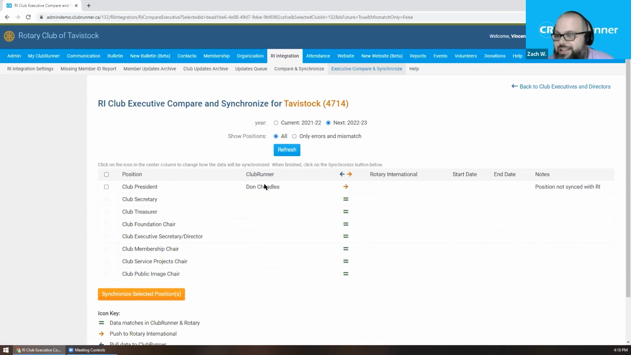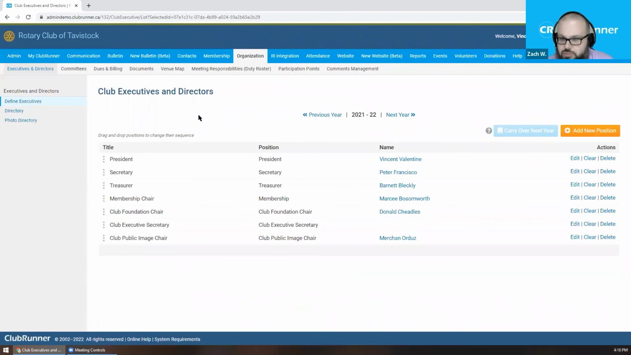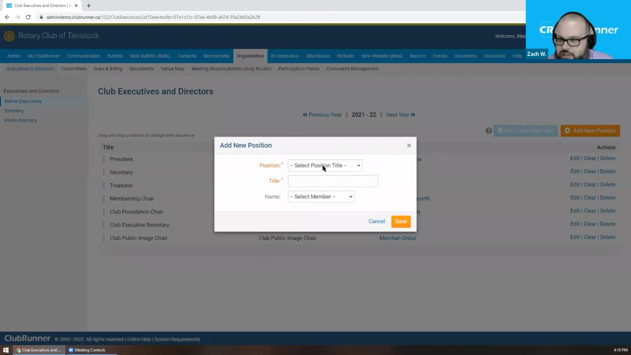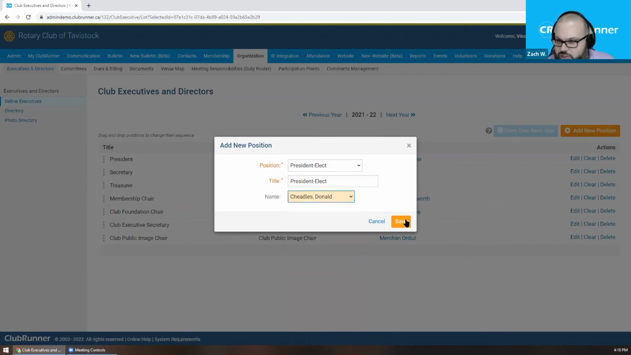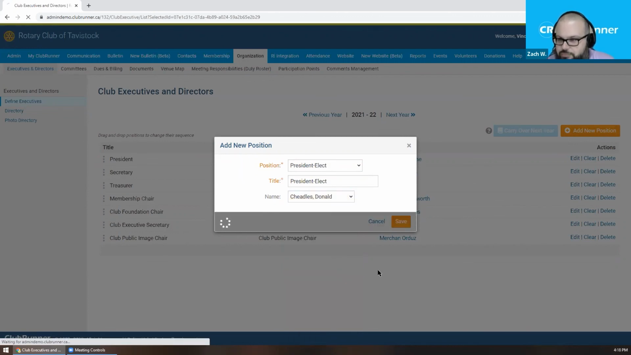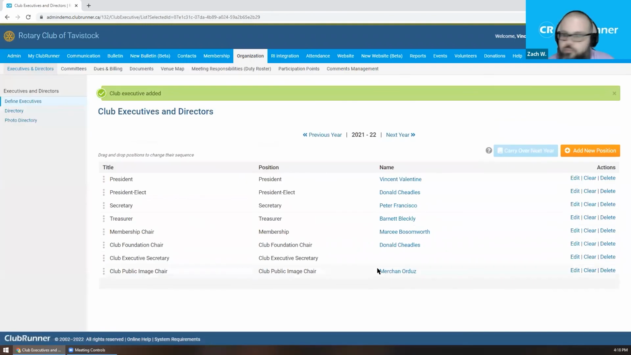And if we wanted to sync that over, we could check the checkbox and synchronize the selected fields. But let's see what, if any, officer we have defined as the club president for 21-22. We don't. So let's make Don also the president-elect here, just for my own methods here. Let's see. So there's Donald Cheadles. We'll go ahead and save. So Don is now also reported as the president-elect of this year,